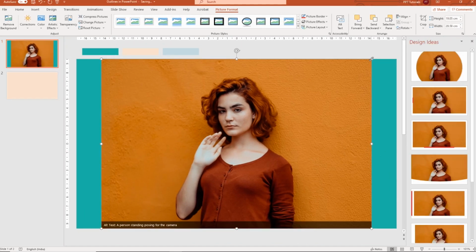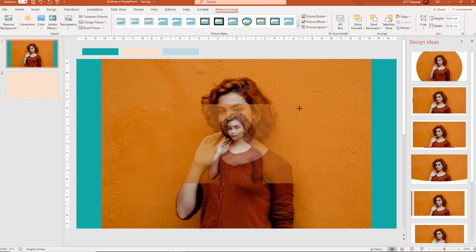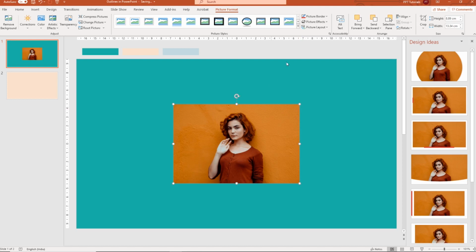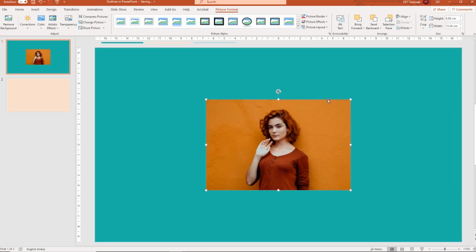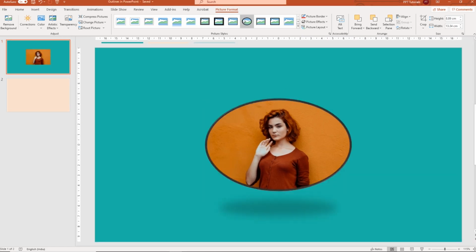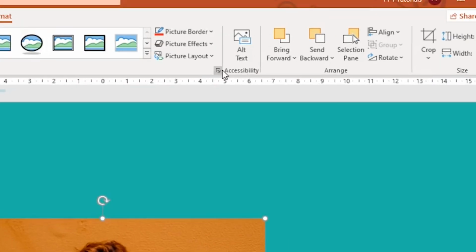The image is actually covering almost the entire height of the slide, so we're just going to resize it a little bit. Holding down Control and Shift, I'm going to grab one of the corners and make it a bit smaller. So this is one of the new features in Office 365 of design ideas, but we're not going to use that for now. What I want to do is I want to go to,